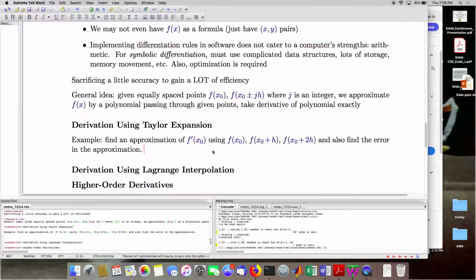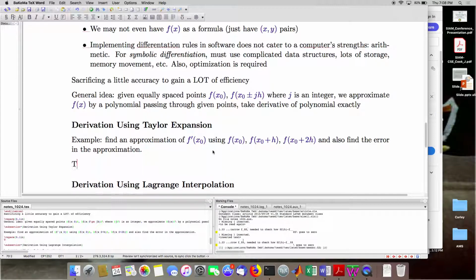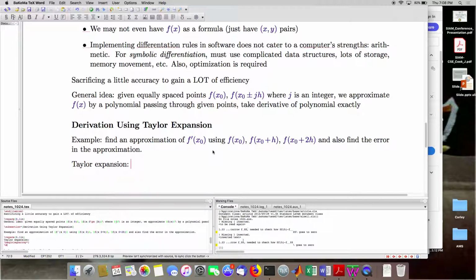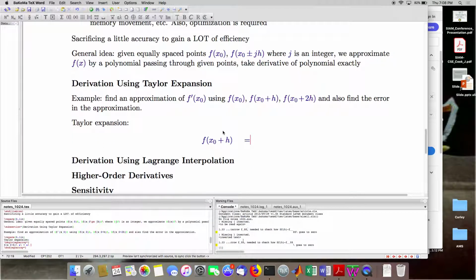So what we do is Taylor expansion. We have 2 points we need to Taylor expand. So first we have f of x naught plus h. That's equal to f of x naught plus f prime of x naught h plus